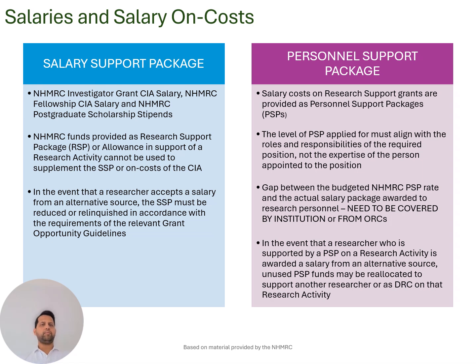So for example, for people from 1st of Jan 2026 who are having career disruptions, they can divert their salary support package towards RSP so that the work continues, or extend the grant by a maximum of 2 years. Again, that is pro rata. So let's say you don't get a blanket 2-year extension to your investigator grant, but it's pro rata. Let's say, for example, if your career disruption is about 6 months, then you can extend the grant by 6